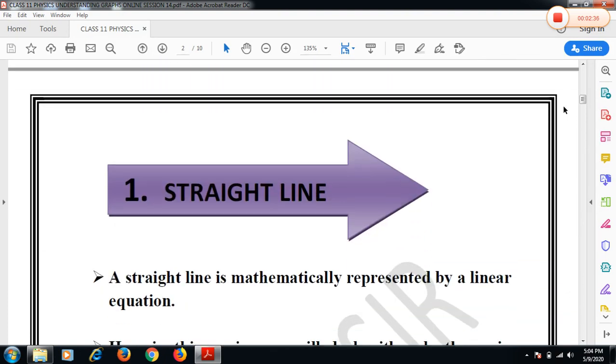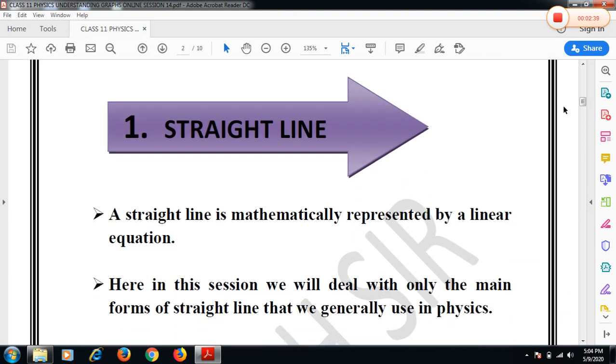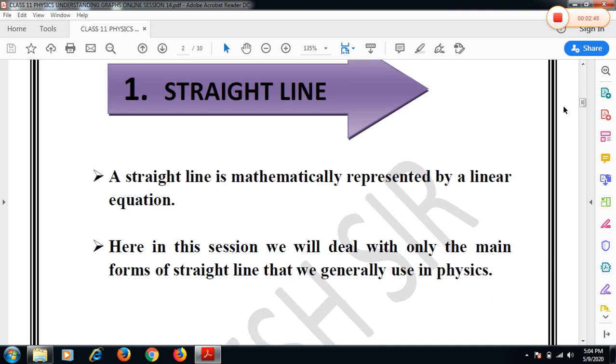Let us move forward. The first lesson is the straight line. So, how can you mathematically represent a straight line? A straight line can mathematically be represented by a linear equation. What is a linear equation? A linear equation is that type of equation having maximum power 1. So, a straight line can be represented with the help of a linear equation of